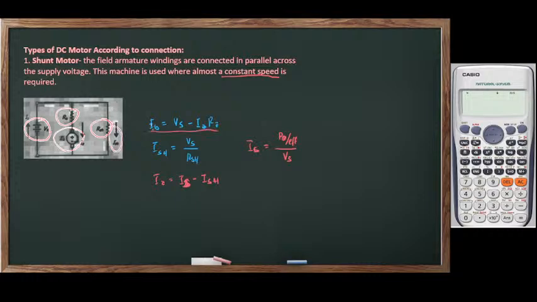So if we are going to get the back EMF, that will just be equal to Vs minus I sub A, which is the armature current, times the armature resistance. Kapag kinuha naman natin yung shunt current, so shunt current is just equal to Vs, that is the terminal voltage or the voltage of the source, over our shunt resistance. Then the armature current is just equal to the source current minus the shunt field current. So kung kukunin natin yung source current, that is just equal to the power output of our generator divided by the efficiency over the voltage source. Okay,